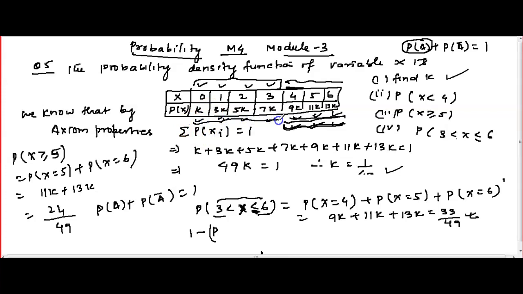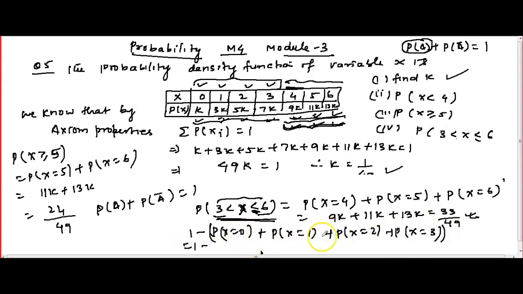Here 0, 1, 2 and 3 are also included, because we are taking the complement of that part. X greater than or equal to 6, we take the complement, so it becomes 1 minus probability of x is equal to 0, minus probability of x is equal to 1, minus probability of x is equal to 2, minus probability of x is equal to 3. I can write it better in brackets, so inside it will all be plus. So this is 1 minus, and this value we already got, less than 4. How much did you get?